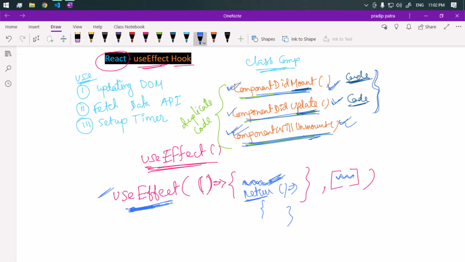So useEffect provides a cleaner and more consolidated way to manage side effects in a functional component. That's why useEffect is the most preferred way to handle side effects in a functional component. In the next video, we're going to dive deeper into this